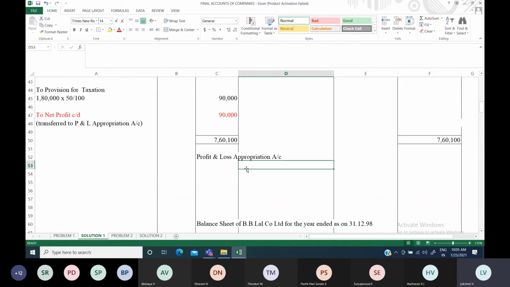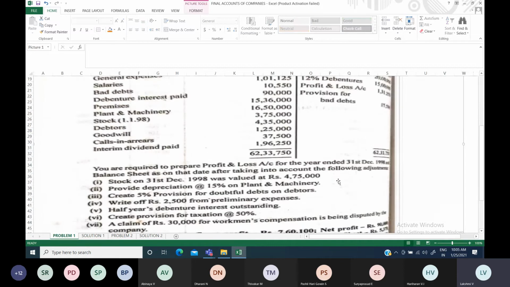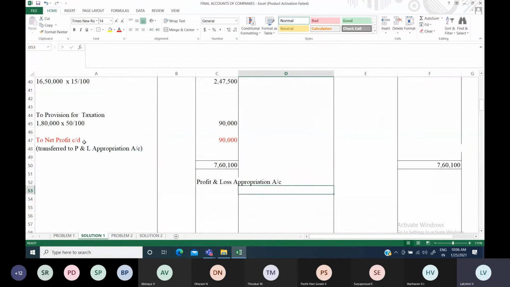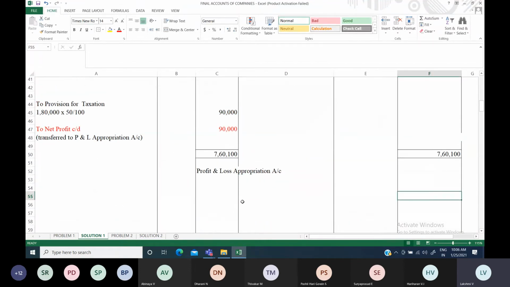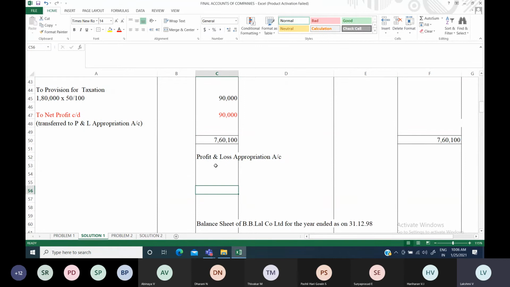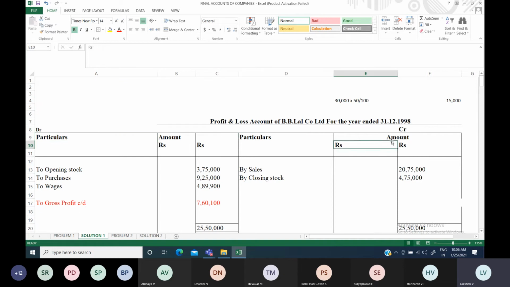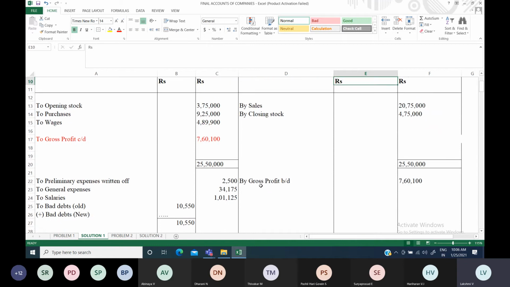On the credit side, the P&L account balance in the question you'll be taking here, and apart from that, the net profit whatever you calculated you will be taking here and finding out the surplus. So if you get your profit like that, you'll be taking it as surplus actually. Okay, so let us mention the items. If you are writing on the next page, compulsorily you have to write all these particulars in detail. I think you might be aware of that: debit, credit, particulars, amount, all these things you have to mention if you are going to the next page.